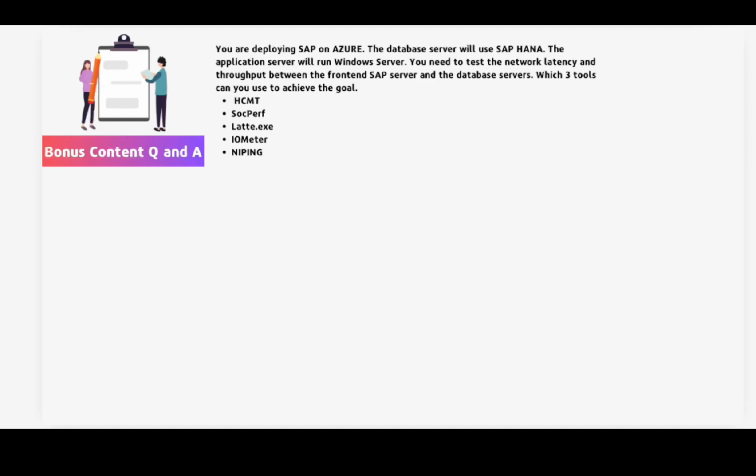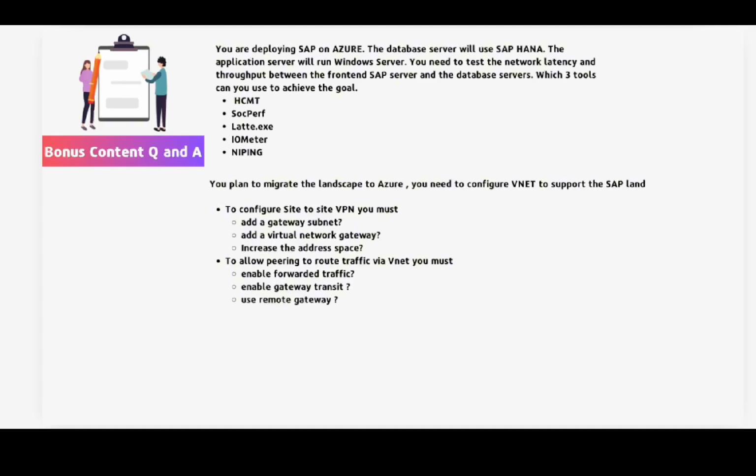The next question: you plan to migrate your landscape to Azure. You need to configure your VNet to support the SAP landscape. To configure site-to-site VPN, you must do any one of the following: add a gateway subnet, add a virtual network gateway, or increase the address space. To allow peering to route traffic via VNet, you must do any one of the following: enable forwarded traffic, enable gateway transit, or use remote gateway. The answer is you should add a gateway subnet, and for the second option, to allow peering, you must use